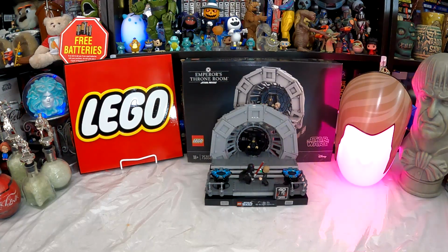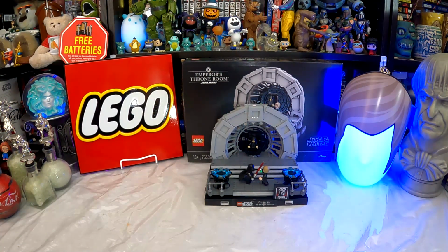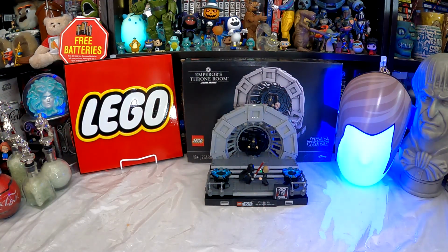Also, Lego.com went full on Shop Disney on Sunday night when the clock struck midnight for the East Coast, 9 p.m. here. The Lego.com site very much turned into Shop Disney circa 2020 or before. And I mentioned that briefly, I think, in Thursday's video, and I will mention it again probably in more depth when I get the items that I was actually trying to purchase from Lego.com and do that video. But I make the comparison to Shop Disney because the most memorable, Shop Disney